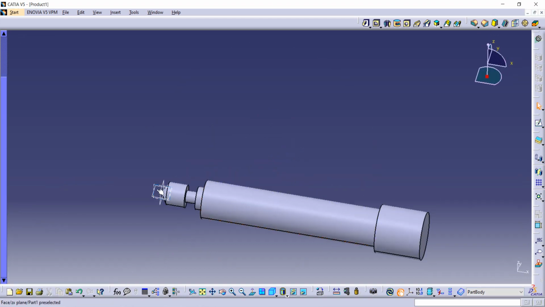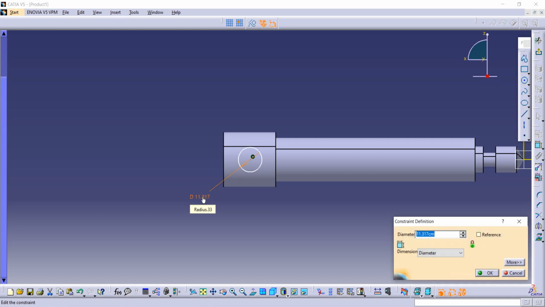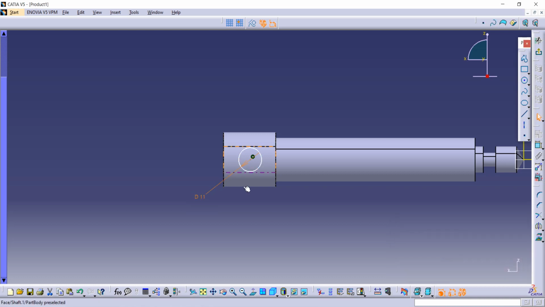Now you have to go on any plane which will be normal to this handle. After that, go on sketch command, and here you have to make one circle at the center. Go on constraint command and give dimensions to it. Diameter is given to us as 11, and distance between this line to this external is given as 12.5, so this is 12.5, and after that go on exit